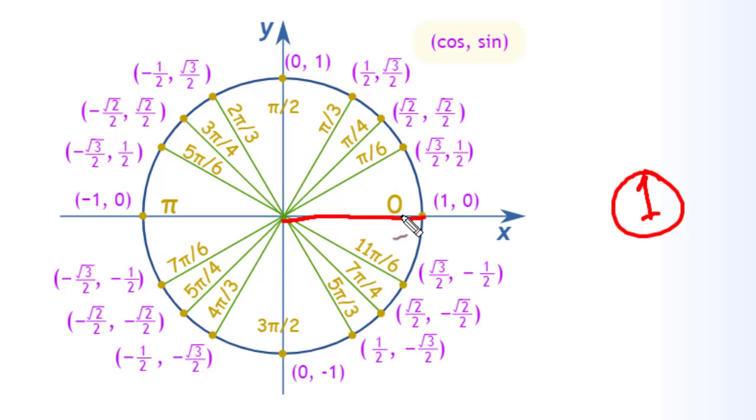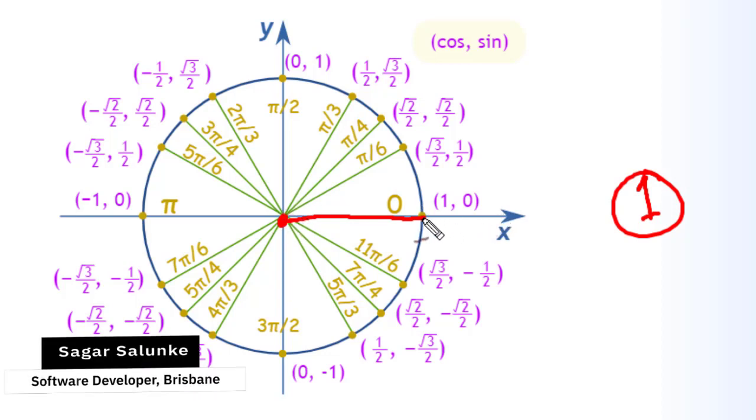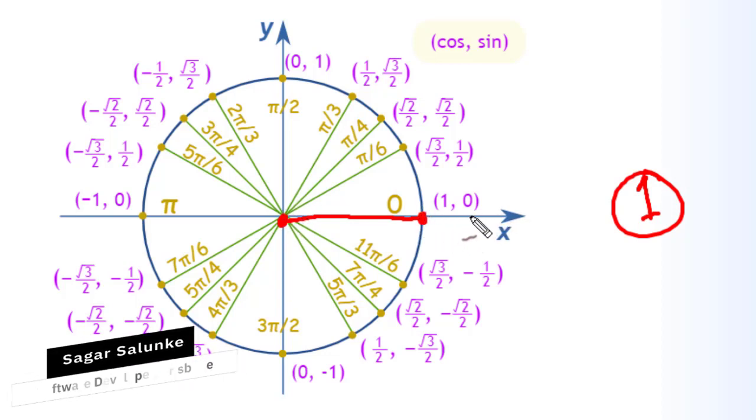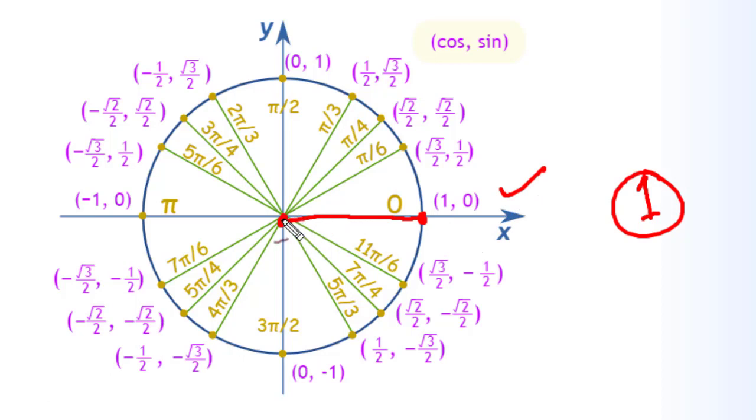If you place this circle in such a way that the center of the circle is at the origin of the xy coordinate system, then this particular point will be (1, 0), because this distance is 1 and y will be 0. Then this particular point, this angle is pi by 6. At this point x will be root 3 by 2, y will be 1 half,